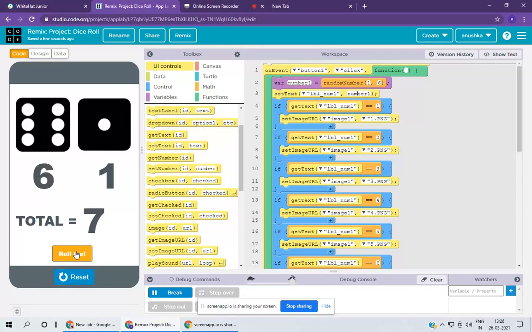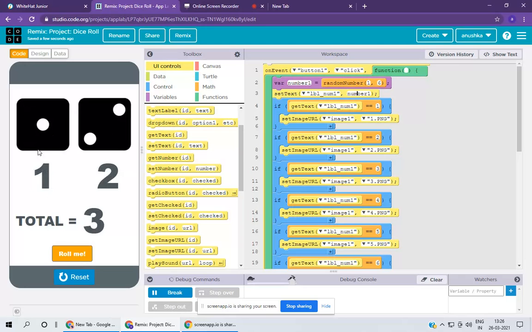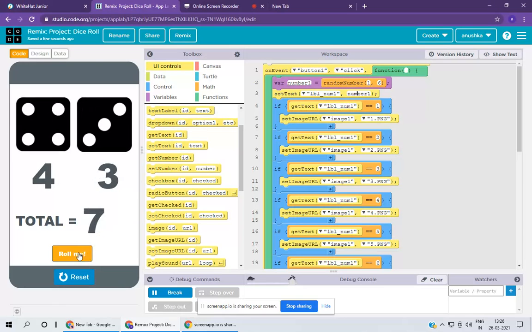1 plus 1, 2. 6 plus 1, 7. 6 plus 6, the answer is 12 only. And 5 plus 1, 6. 1 plus 2, 3. 3 plus 3, 6. 5 plus 4, 9. Then 4 plus 1, 5. Then 3 plus 3, 6. Then 6 plus 1, 7. 1 plus 6, 3 plus 2, 5. 1 plus 5, 6. So 4 plus 3, 7. Like this, it's